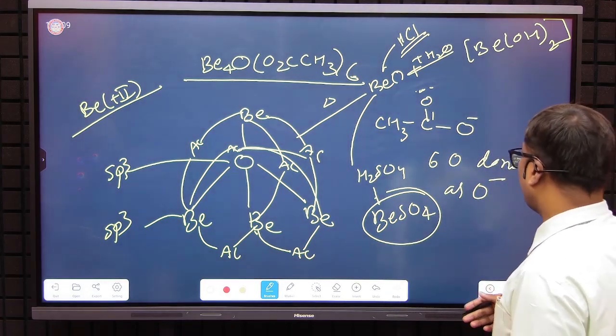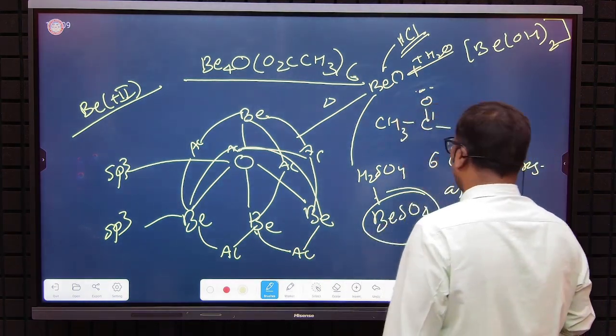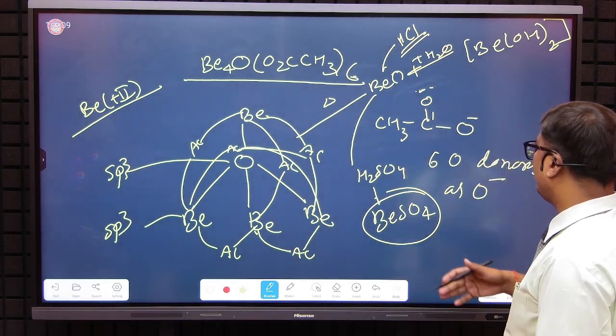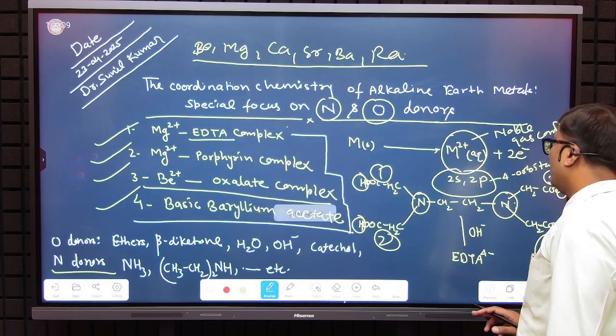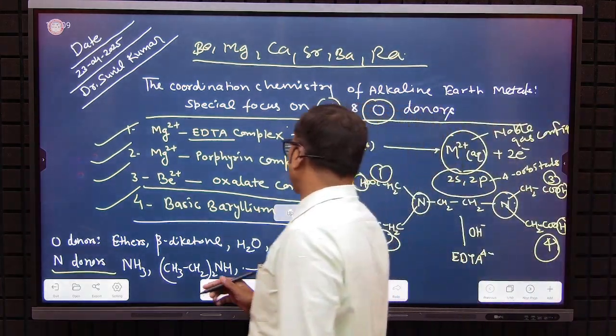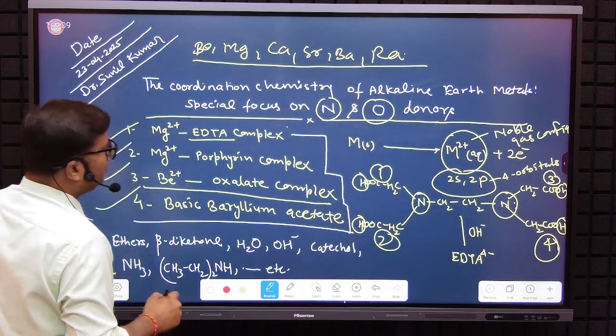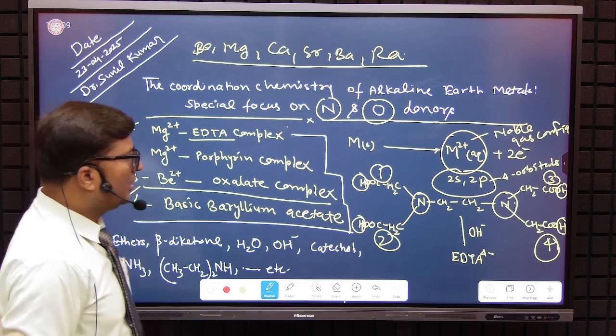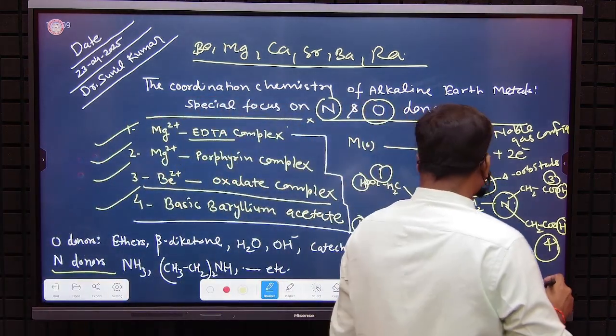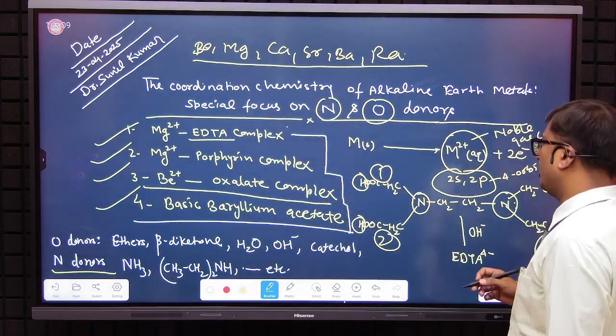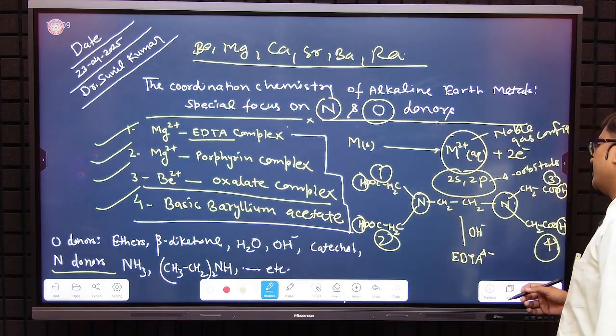So this is what we have presented here on the basis of the knowledge. These complexes are formed through oxygen and nitrogen donor Lewis bases,